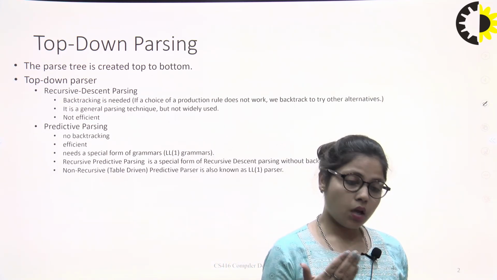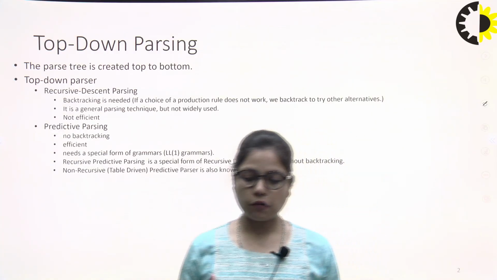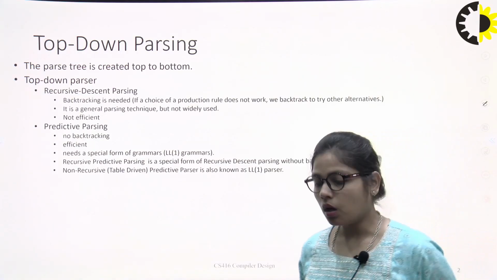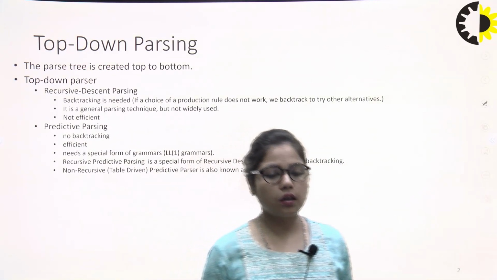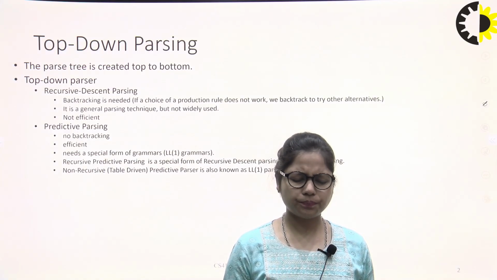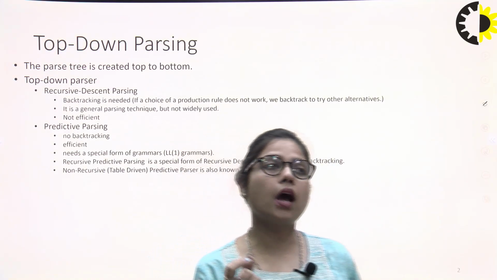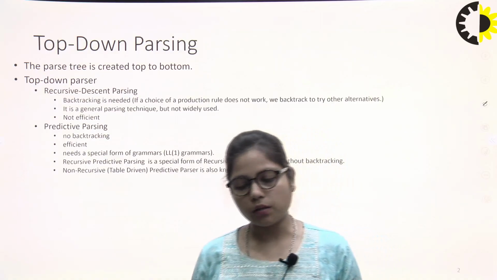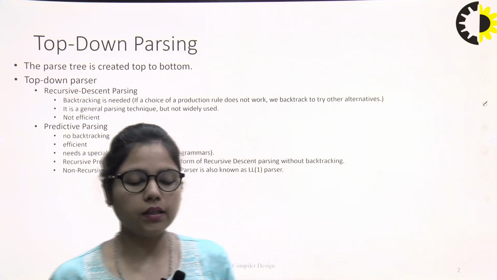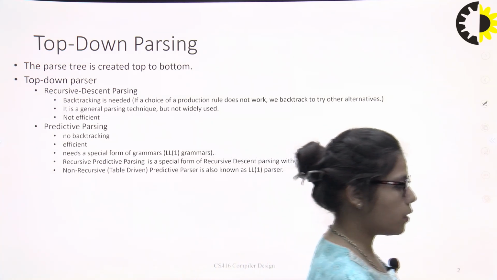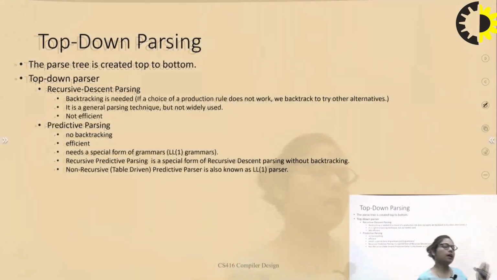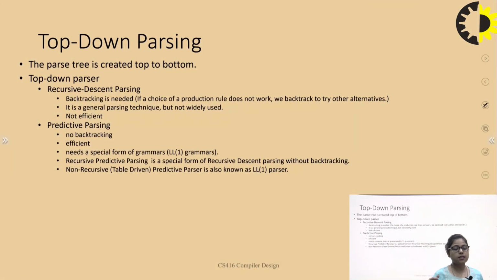The next one is bottom-up parsing. In bottom-up parsing, we have different types of parsers. The first one is the shift-reduce parser, the second one is the operator precedence parser, and the third kind is the LR parsers. For LR parsers, first we need to calculate LR 0 items, and after that we calculate the SLR parser. The full form of SLR parser is simple LR parser. Here LR is defined as: L stands for left-to-right scanning and R stands for rightmost derivation. This is called LR parsers.